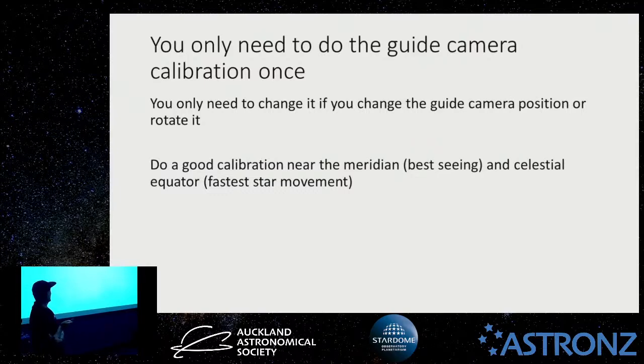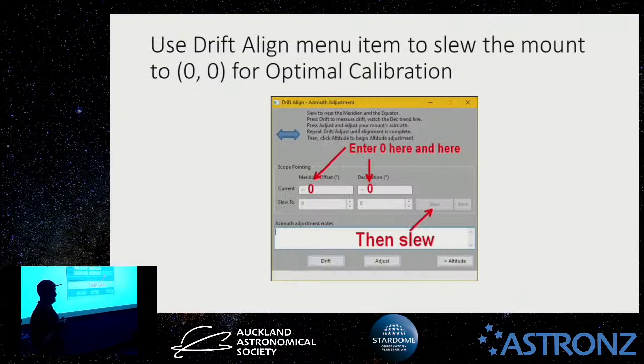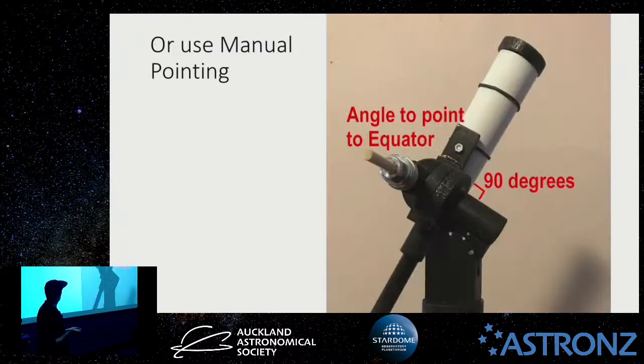Do your calibration near the meridian, the celestial meridian, which is over there, and near the zenith. A trick to get there is in the drift align tool of PHD2: enter 0 for meridian offset and declination, then hit the slew button, and it'll put the mount in the right place. Or,